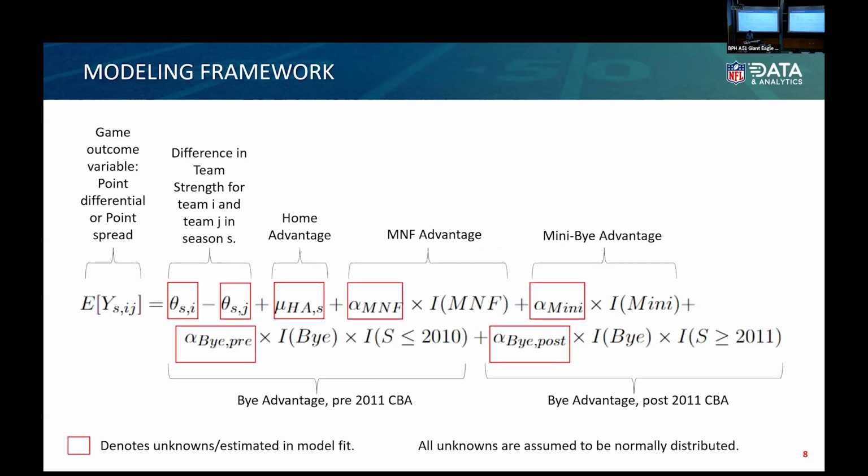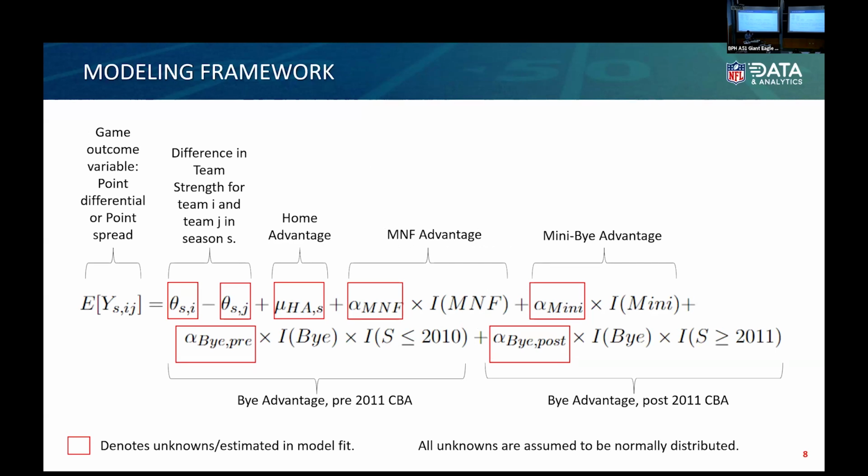And this is a common approach for these types of models. All right, so this is sort of the main equation. I'm going to walk you through this slowly because there's a lot of stuff here. I'm going to start in the top left and then go left to right and then go into the bottom row. So this is the primary equation that we are using. This is what we're fitting our models to.